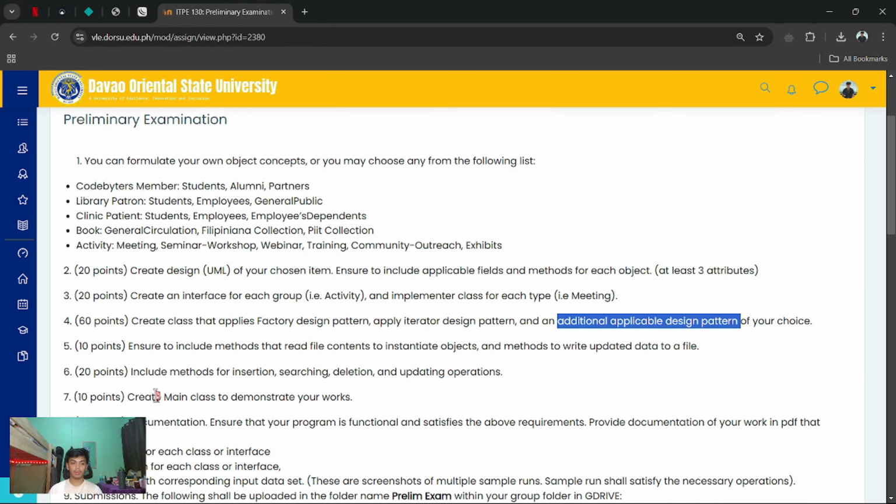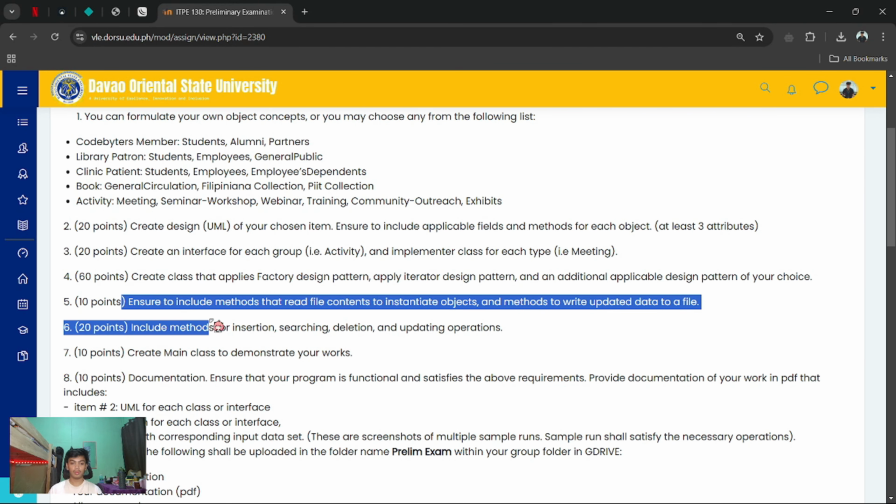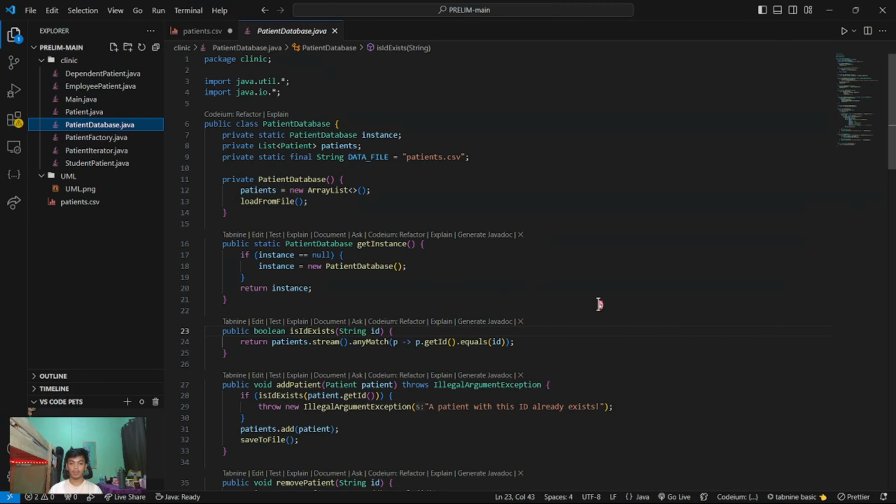So the fifth one is to include methods that read a file, instantiate objects, and methods to write or upload data to a file.